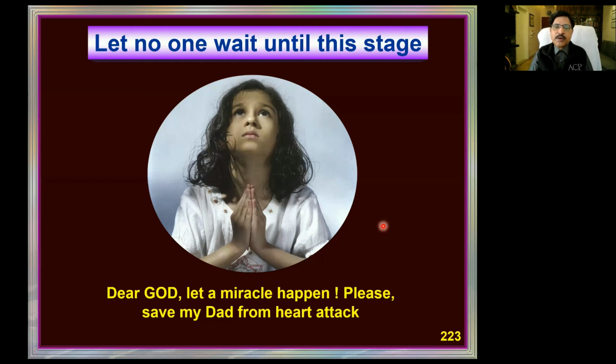You can postpone or prevent the onset of heart attack, let alone wait until this stage. Look at this young, sweet child, how disturbed she is in her face when her dad has got acute heart attack, and she must be around 10 years and her dad must be around 40 years. If she loses her dad around 40 years of age, you can imagine the fate of this child. These will become orphan children or children without proper support for their life. And the family is shattered.